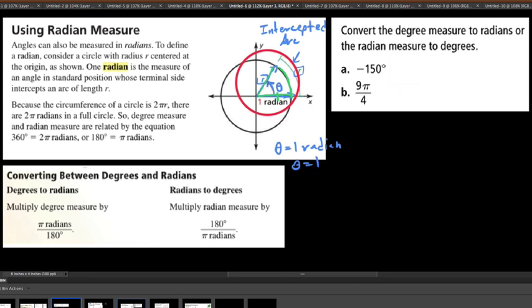So that is to say, this is congruent with this. If the intercepted arc is the same length as the radius, then we're talking about 1 radian of measurement. If I were to double this angle, go a little bit further and rotate another radian, then we've gone another radius length around the outside. And so this original angle here would be 2 radians,